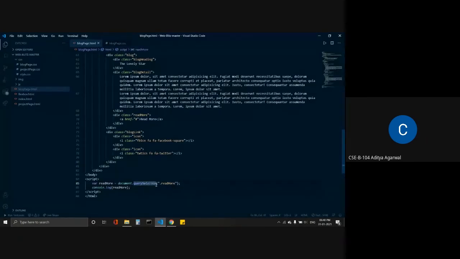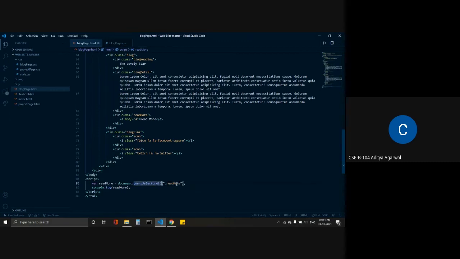That is because querySelector always selects a single element. If I want to grab all the read mores, then I will have to use querySelectorAll. As I told you earlier, if I grab some element by class name, it will return an array.